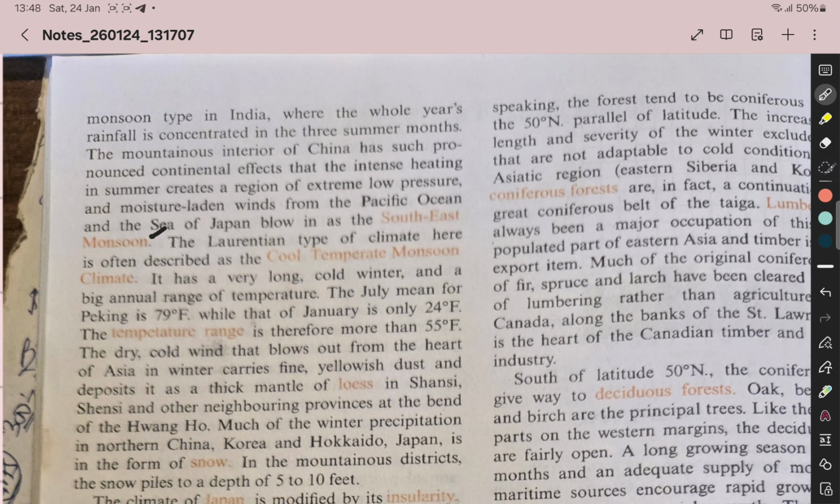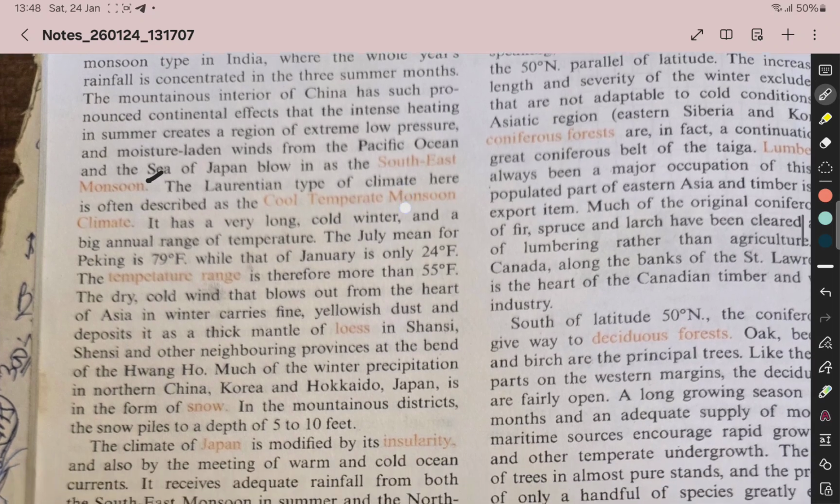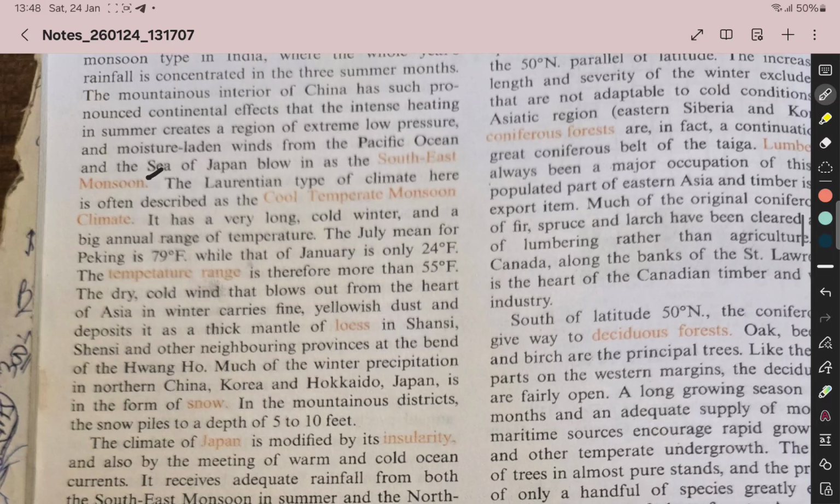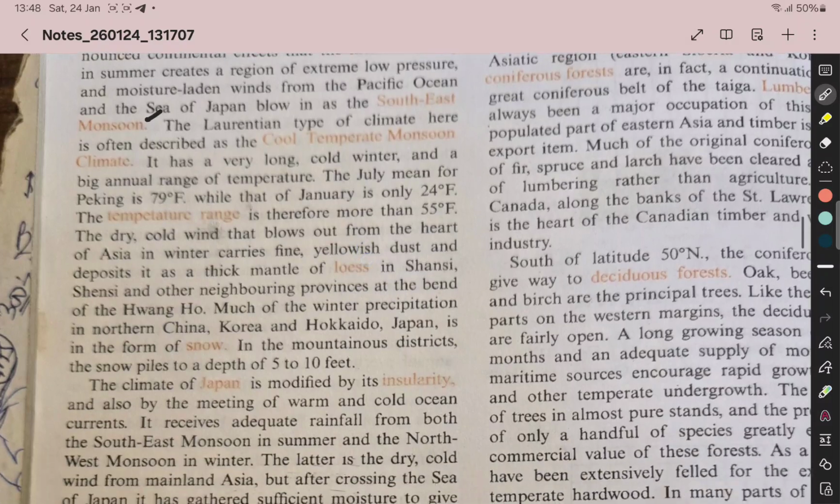The Laurentian type of climate here is often described as cool temperate monsoon climate. It has a very long, cold winter and a big annual range of temperature. The July mean for Peking, while that for January, the temperature range is therefore large. The dry, cold wind that blows out from the heart of Asia in winter carries fine yellowish dust and deposits it as a thick mantle